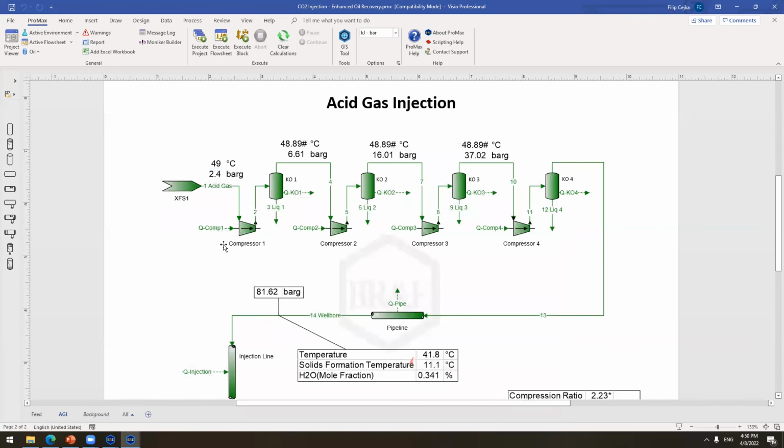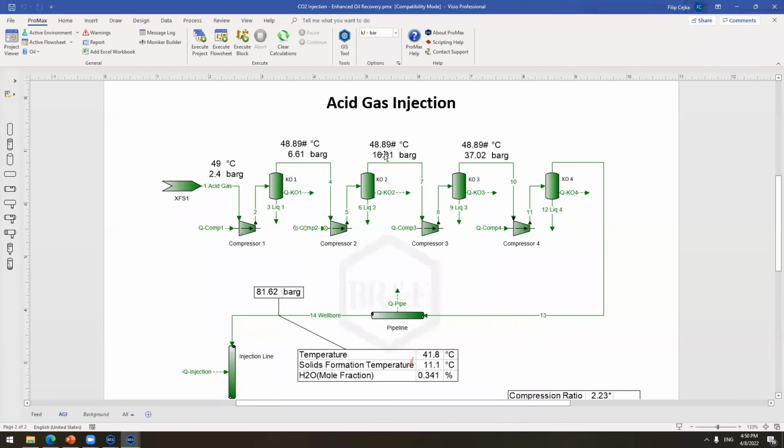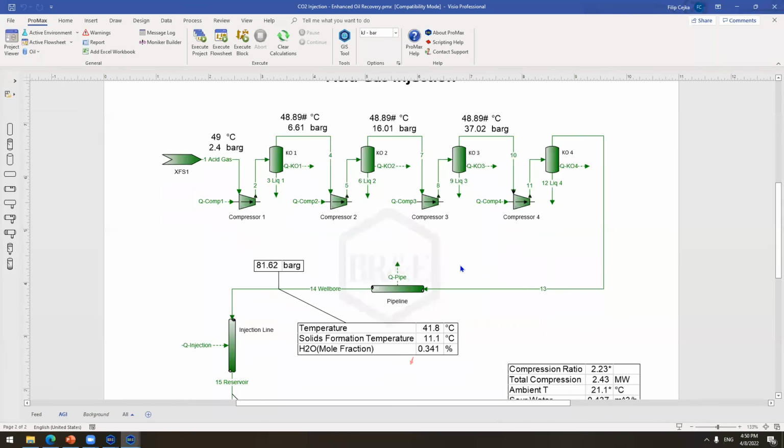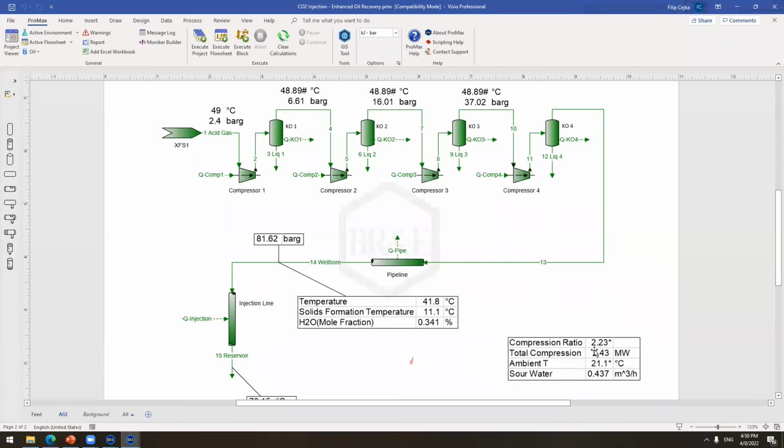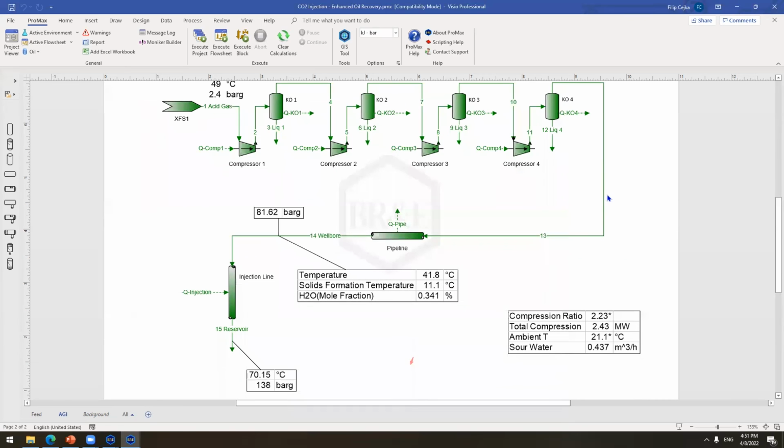And if I look at the duty, you can see the energy here is about 658 kilowatts. And the second one is going to be very similar. So even though you're moving from a very low pressure to a higher pressure, it's all the time going to be almost the same power. Here you can see the total compression is going to be 4.34 megawatts. And then once you get to the target pressure, which in this case was 84 bar gauge, you need to transport it